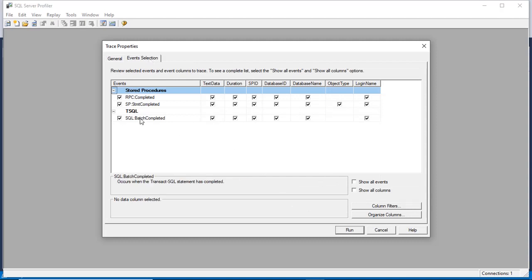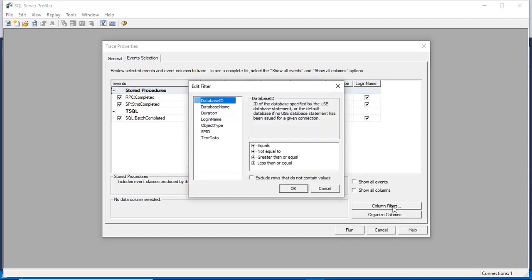Then here we have a column filter. If I click this, we get a dialog box with the list of the columns. Select the database name, and under database name we have two operators, like and not like. Click like and then type the database name here,